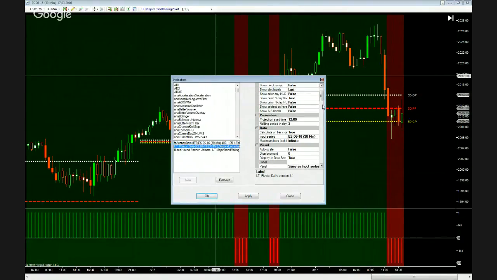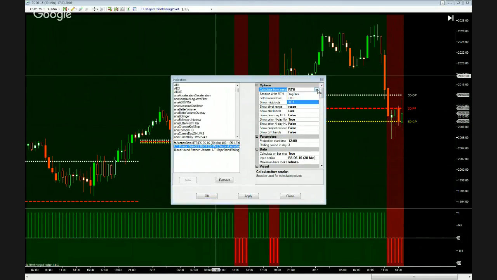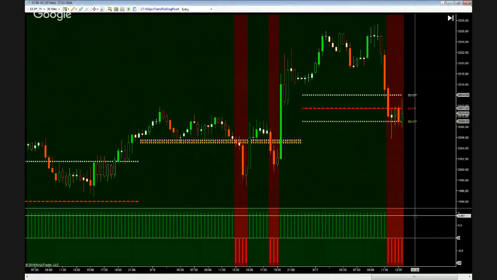So as you see here, we can isolate the RTH session, the regular session here. We can also go with the entire session price data if we choose to, but I think we have seen that this is really an instrument that you want to focus on the high volume data when you're determining the